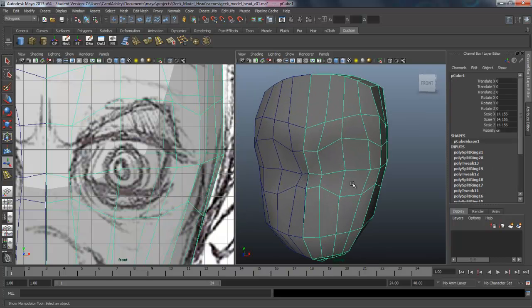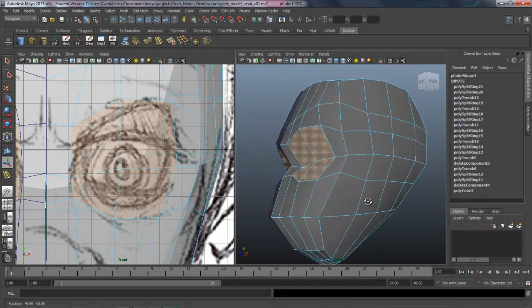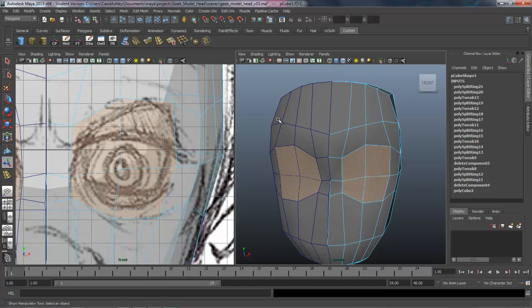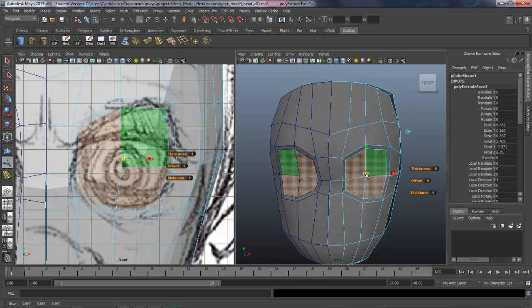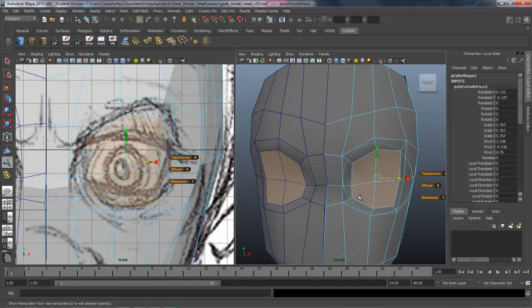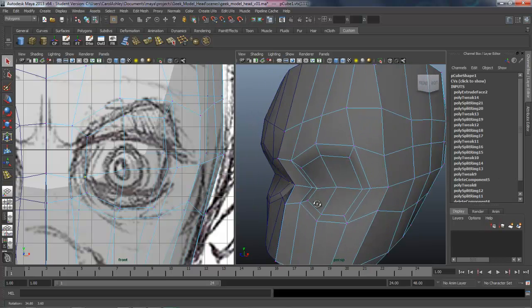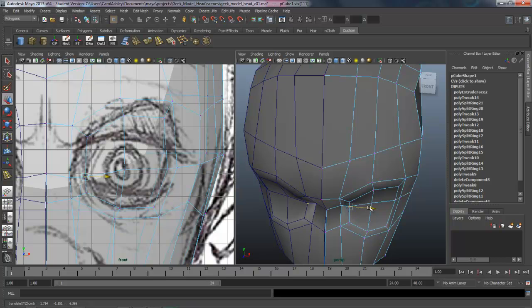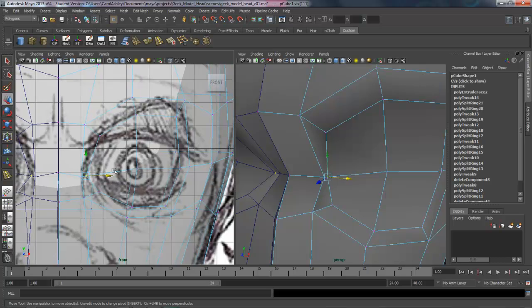Okay, so we're going to select the faces here in the eye socket. Just shift select those. Make sure that nothing else is selected. And we're going to extrude that once. Center it in world space around the eye, and then just scale it in. And you can see it starting to kind of fit here. Just going to kind of drag it around here a little bit. And Q on the keyboard to end that, and then I'm going to grab a couple of these vertices right here. These need to kind of get pushed in towards the tear duct area, which is right about here.